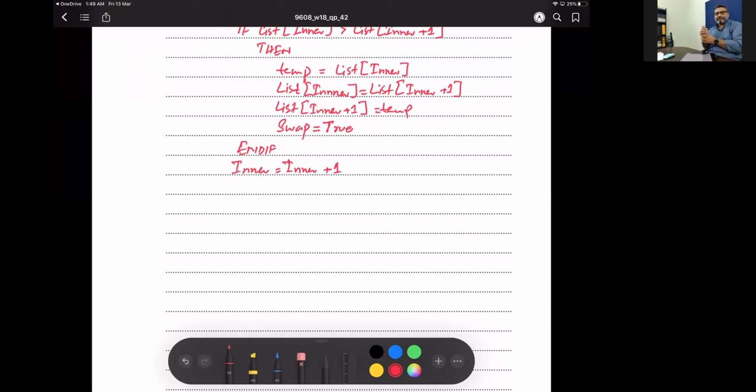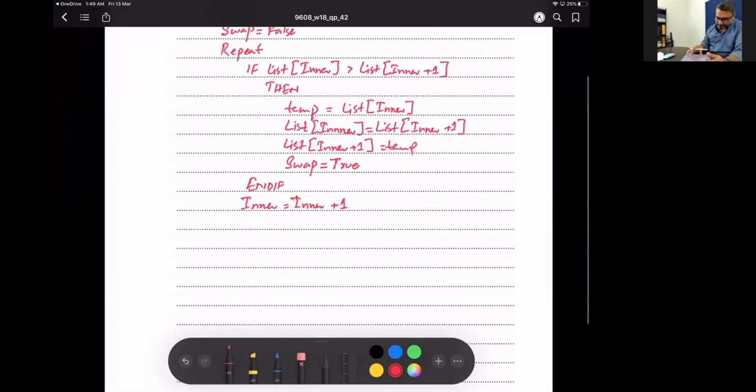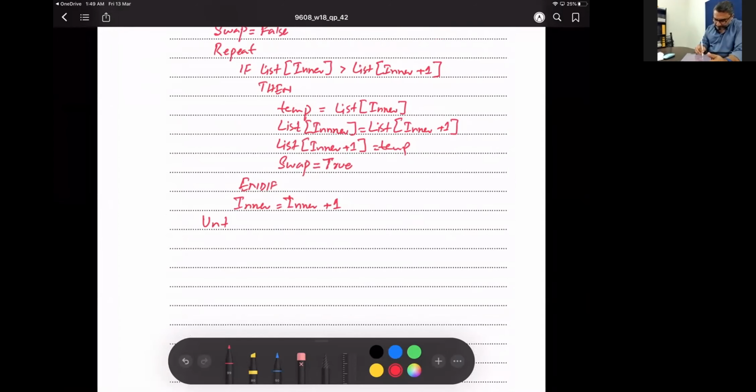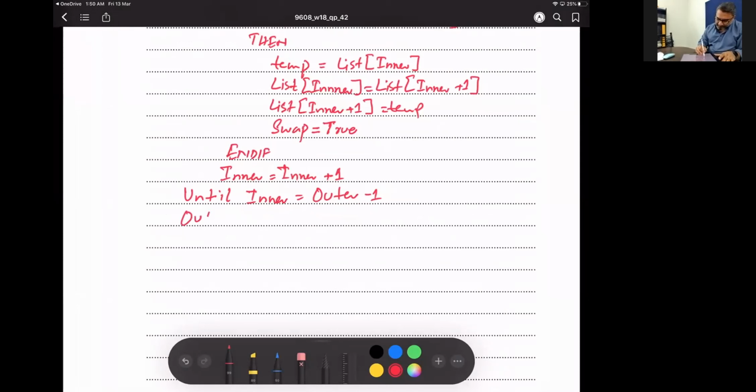Inside loop ends now, and then we have to end inside loop until inner is equal to outer minus 1. So inner starts from 0 and goes all the way to the outer loop minus 1 position. And then we have to reduce outer as well. Outer is equal to outer minus 1, and then